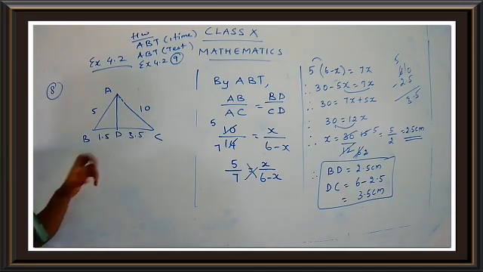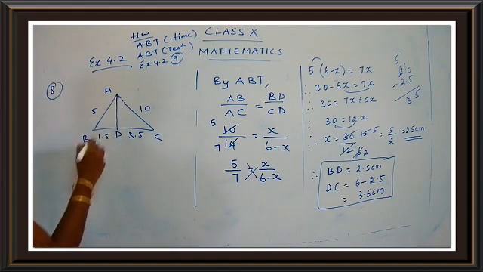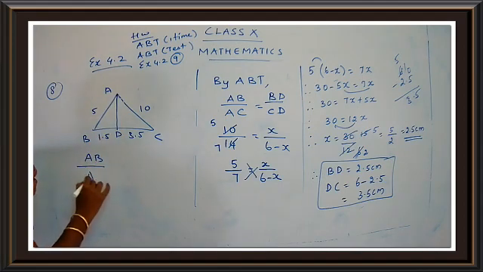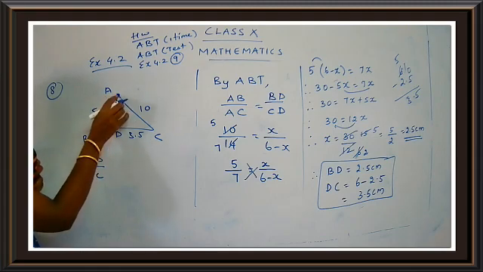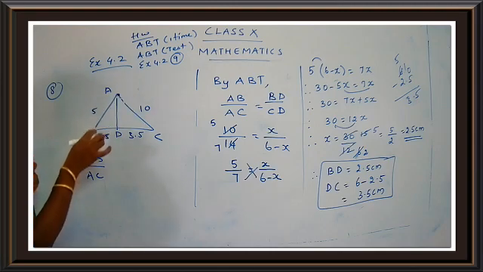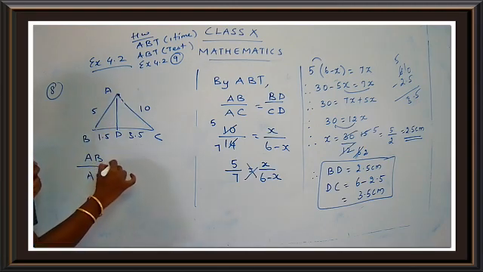Very simple thing. What you are going to do here, you have to first of all find AB upon AC. The sides containing the angle. What are the sides containing the angle? A is there, asking you, check for angle A. So you have to take the sides containing the angle. So you have to check for AB upon AC. So write down the value, find out the answer.